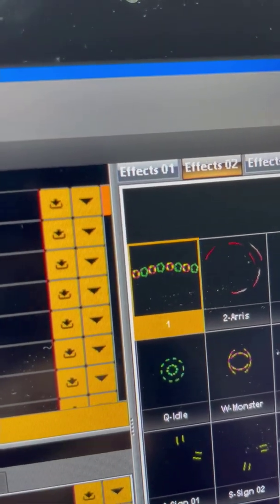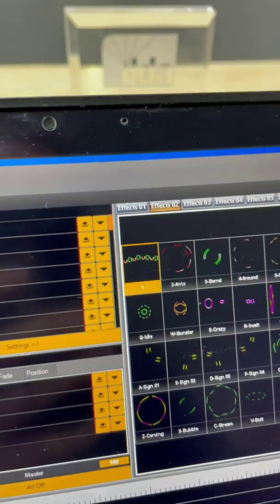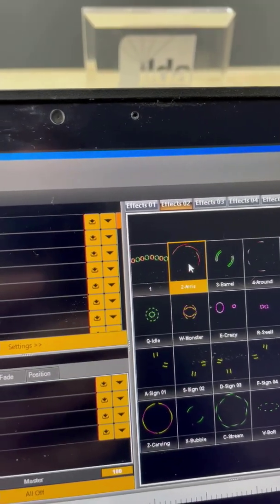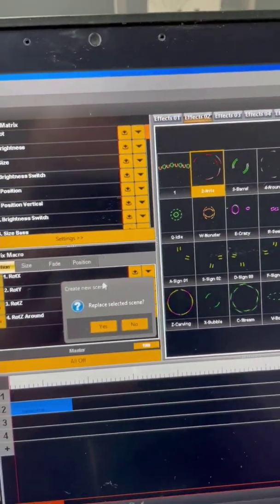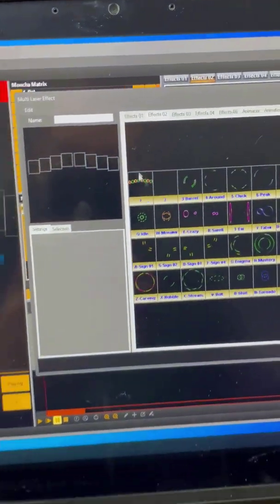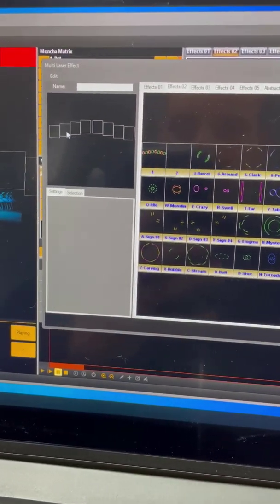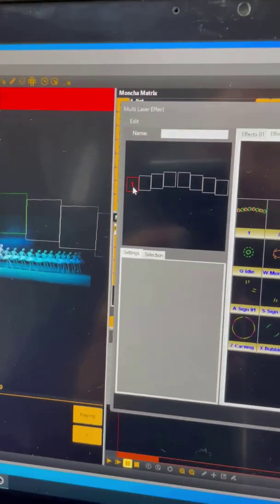What's also great, you can see the preview of the multi-laser scene in your bank. Quite practical. And let's replace another scene. Yes. And what I want to show you is that you can actually create the scene for every laser here